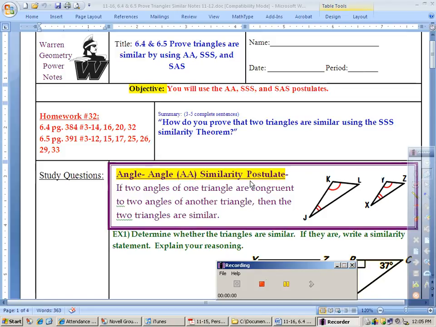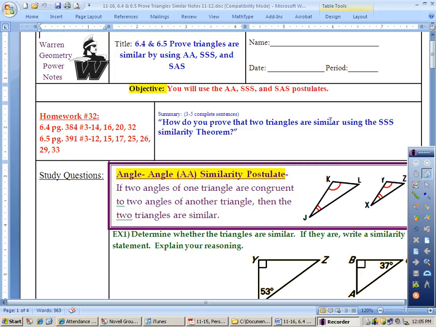Okay, these are the notes for Wednesday, November 16th, section 6465, proving that triangles are similar using three methods: angle-angle, side-side-side, and side-angle-side. Very similar to when we worked on triangle congruence and the 5 methods to prove that two triangles are congruent